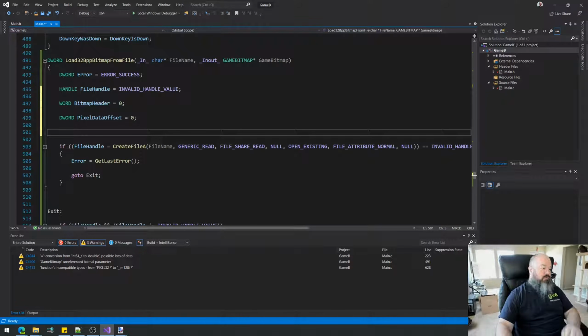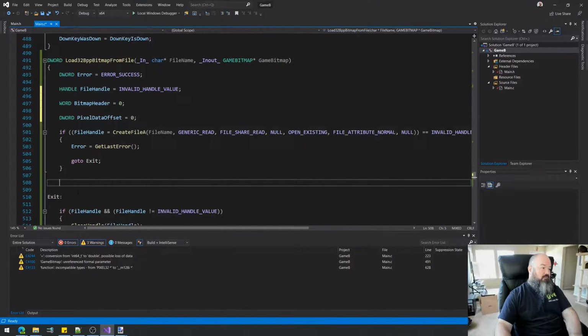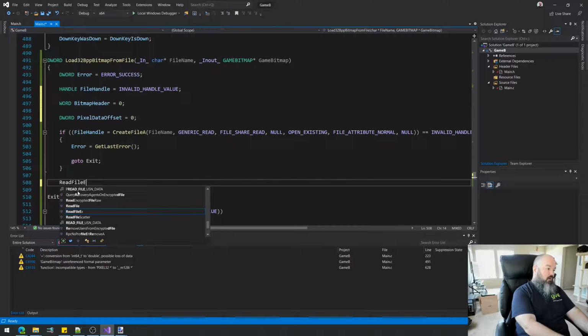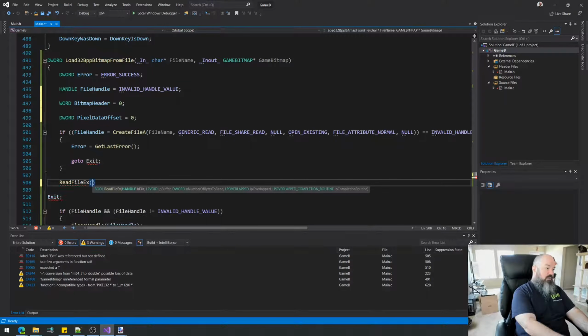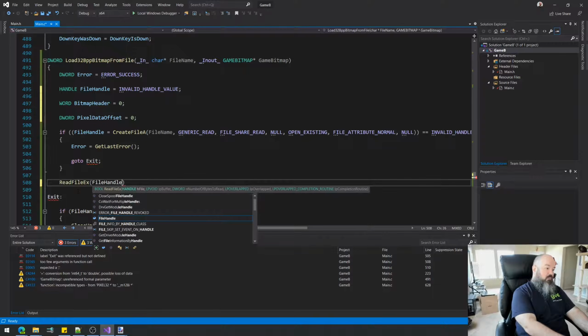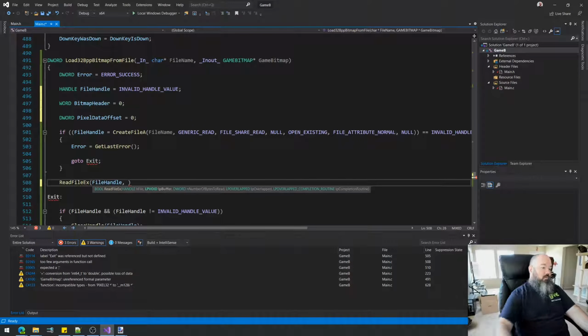Okay, so let's see. I want to read the first 2 bytes of this file. I feel like there is a function called ReadFileEx, which takes a file handle, which we now have open. We have a buffer, which I think we can store right into our bitmap header variable. Then a DWORD number of bytes to read, which is kind of weird because